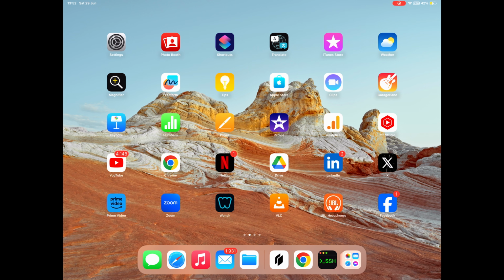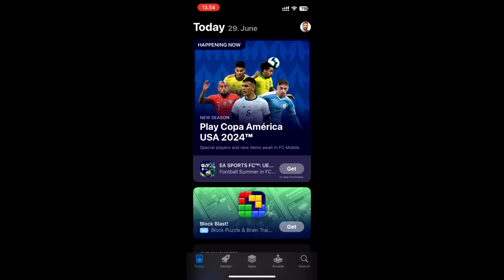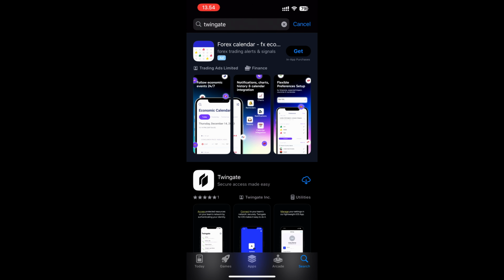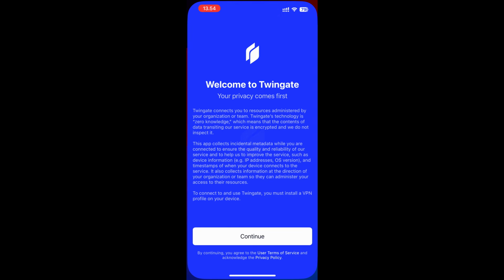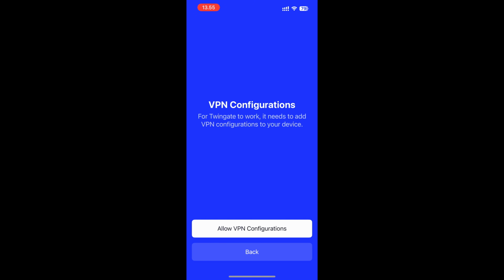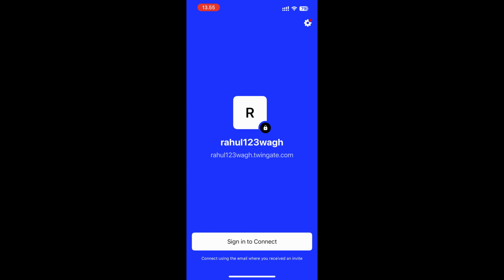We tested our iPad. The next thing which we are going to test is from our iPhone. Alright, so this is my iPhone, and here I'm going to open the app store and first of all search for the app, which is Twingate, and install it. Open the Twingate, click on continue, and here I need to enter the name of my network. So I'm going to use 123 VOC and click on join network, allow VPN configuration. I'm going to allow it, authenticate it. After that, sign in to connect,